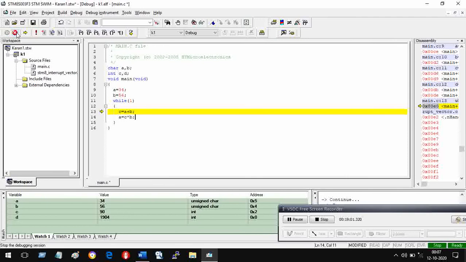So I come out of debug. I'm going to left hand top, stop debugging on this cross.